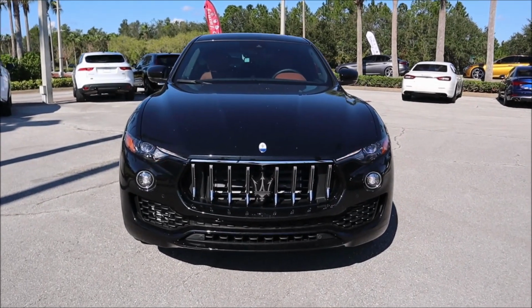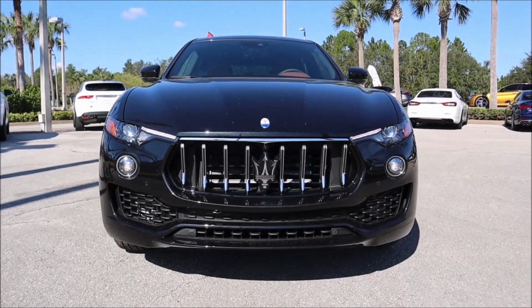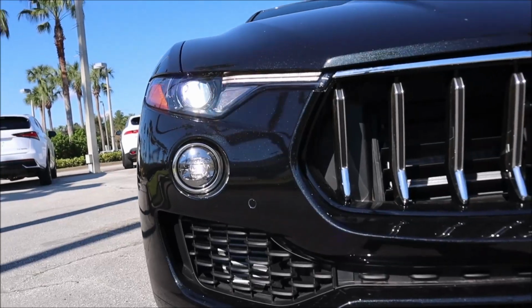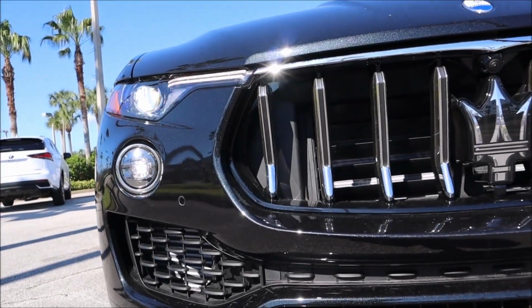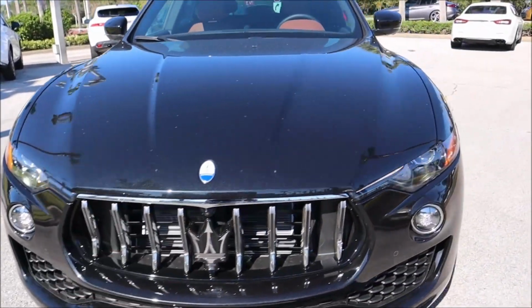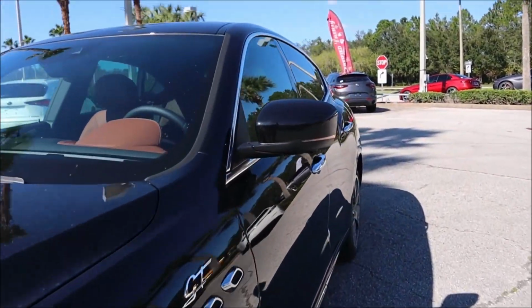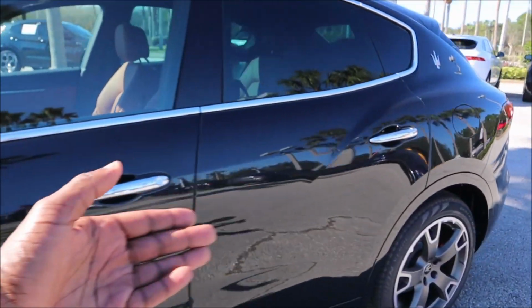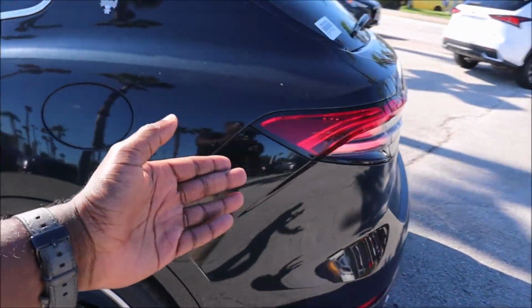All right, let's let her flash us with those flashers. Yes, the amber turn signals there, LED running lamp. You can see the headlamp and you can see the fog lamp there as well. And then I'm gonna come around to this side where there's a little bit more shadow to where you can see the amber turn signal in the mirror cap. And then of course the boomerang tails in the rear as well,